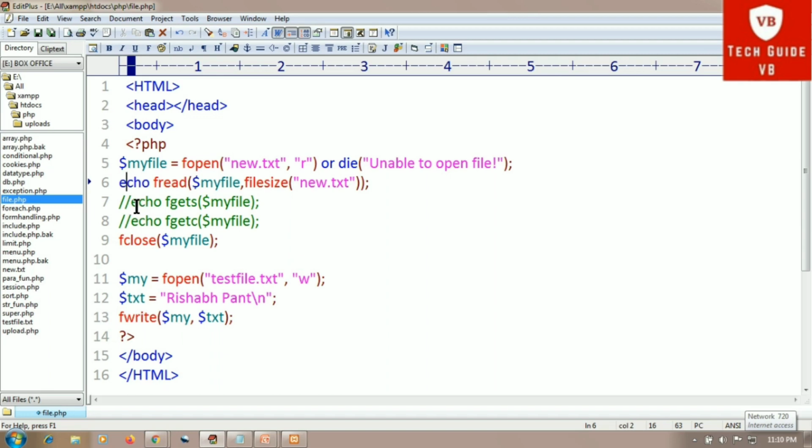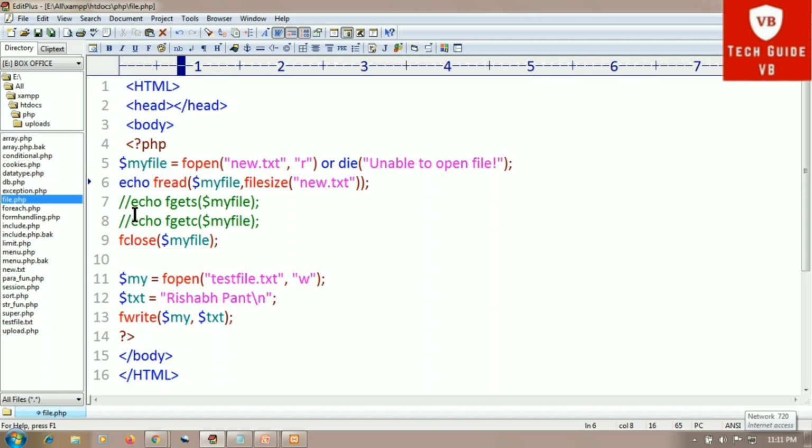Then the alternatives for fread are fgets and fgetc, so I have commented those. Then we will close the file by providing the function fclose in brackets $myfile. So we close the file which we opened earlier. This is the whole code of opening a file, reading a file and closing a file.